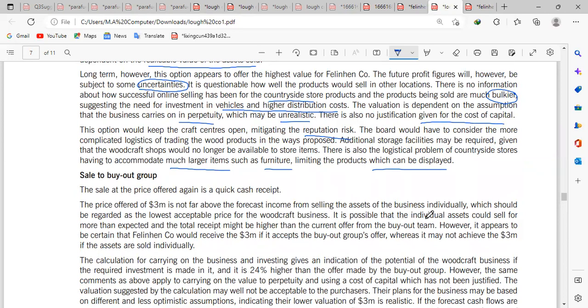It is possible that the individual assets could sell for more than expected, and the total receipt might be higher than the current offer from the buyout deal. However, it appears to be certain that F company would receive the 3 million if it accepts the buyout group's offer, whereas it may not achieve the 3 million if assets were sold individually. Why, guys? Because